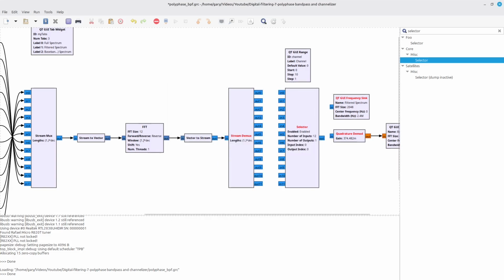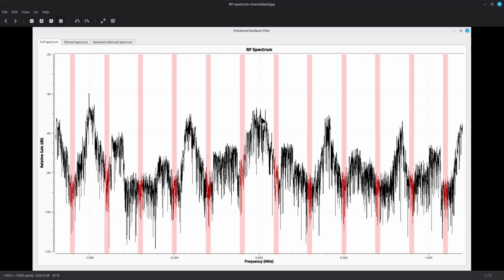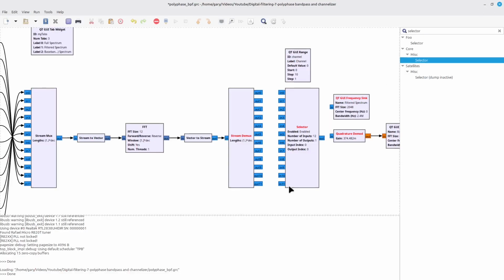Now, as I said before, when I'm looking at the spectrum, 0 is this one here at the center. This is actually channel 7. If I want the outputs to match up where it says this is 0 and 1 and 2 and 3, I'm going to have to make the connections where here is 7, that goes up here to 0, and then I just keep those until I get to 11, and then once I start back here at 0, I just keep on wrapping around.